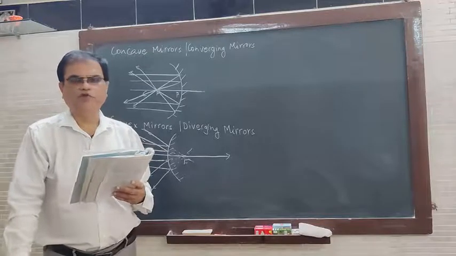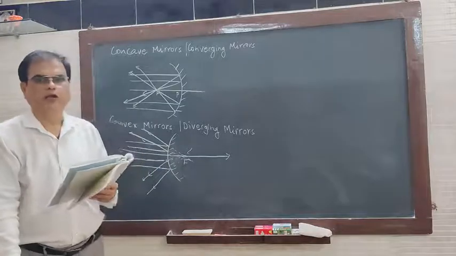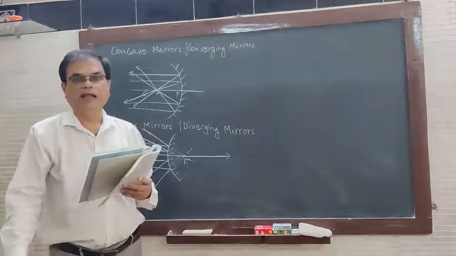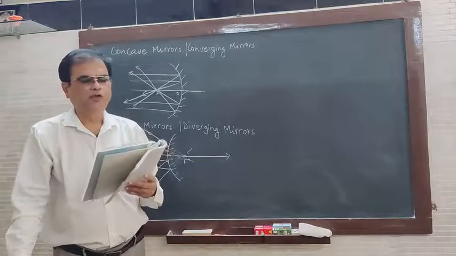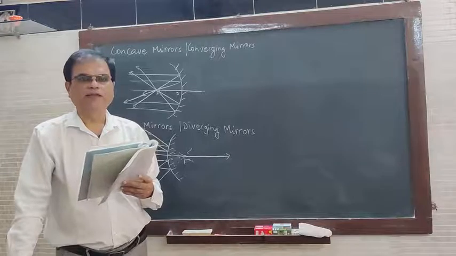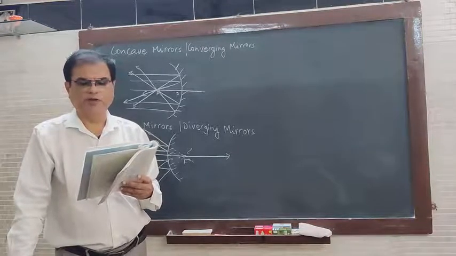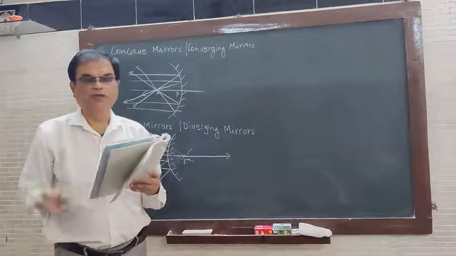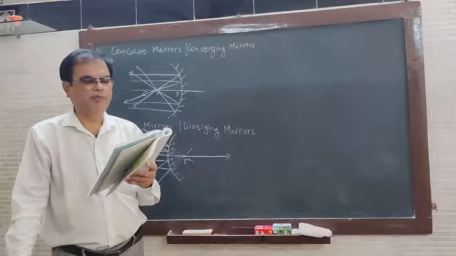Torch and headlamps. You have seen a torch. In that torch also, the mirrors that are put are concave mirrors. And headlights, meaning the lights in front of a car or scooter, are also concave mirrors. Floodlights also. Floodlights are lights where the source of light is placed beyond the center of curvature. So it gives a bright beam of light, and the light is reflected to far away places.